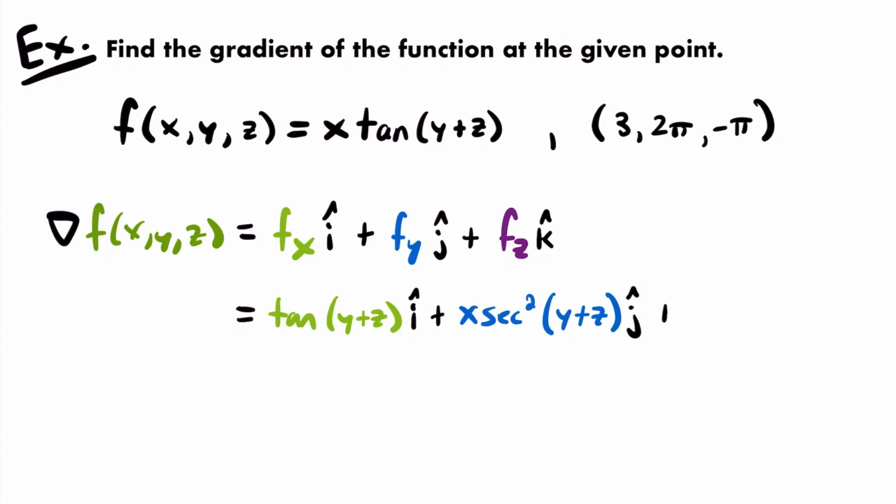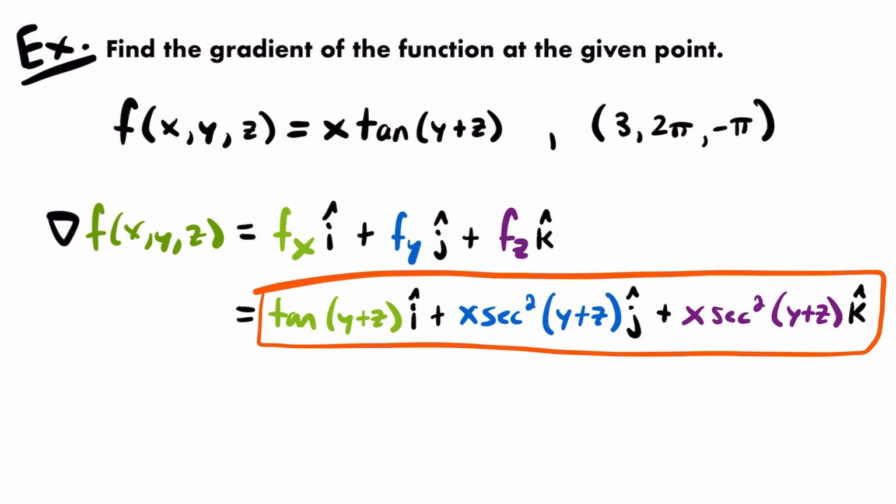So what we get here is plus x times the derivative of tangent, which is secant squared. So we have secant squared of that same inside function, y plus z, and then technically you'd be multiplying by 1, which doesn't change anything, so I'm not going to write that down, but that would be multiplied by k because it is the z component. Okay, and so now we have the general gradient vector, but we do want to find the specific gradient vector